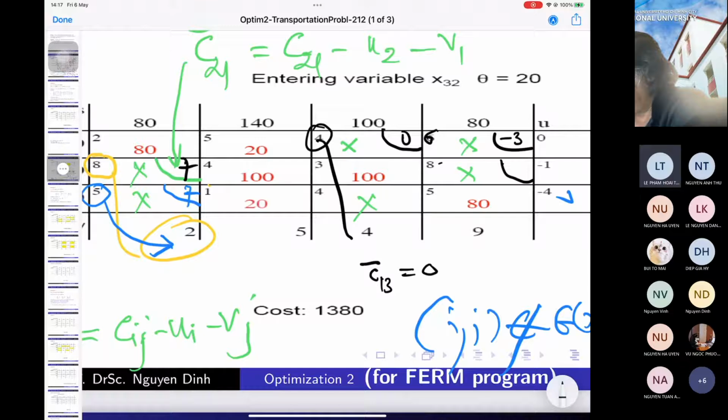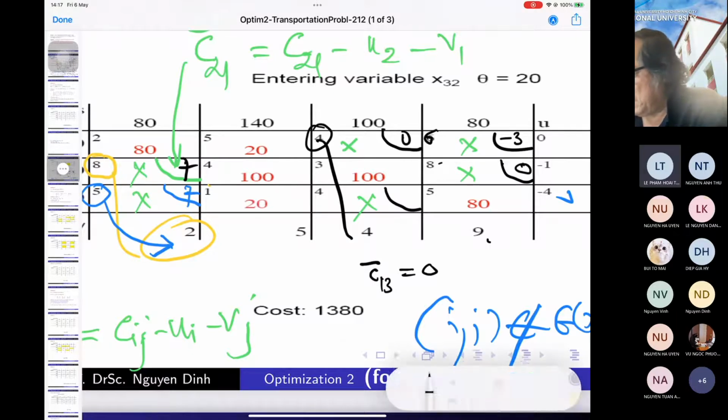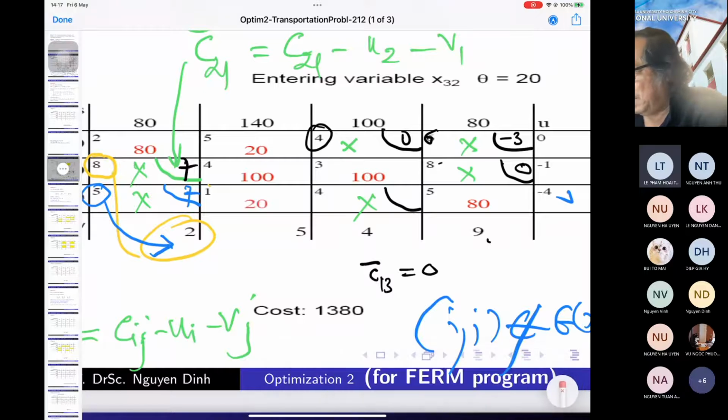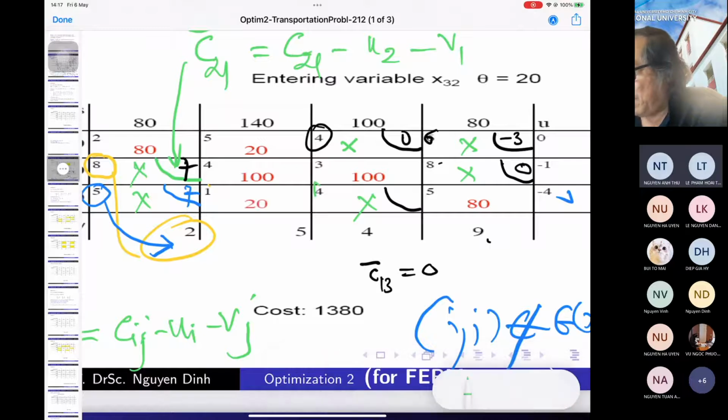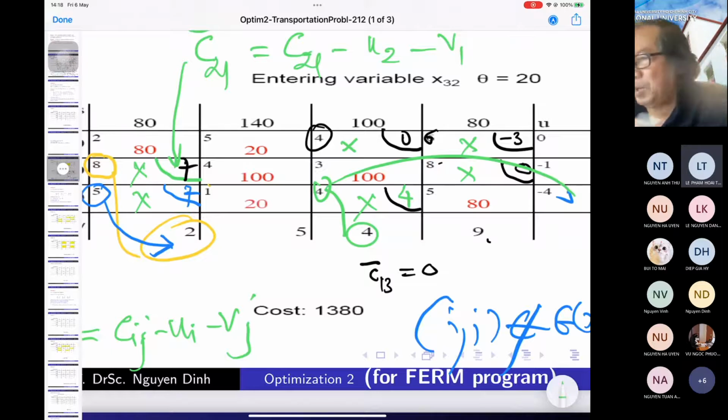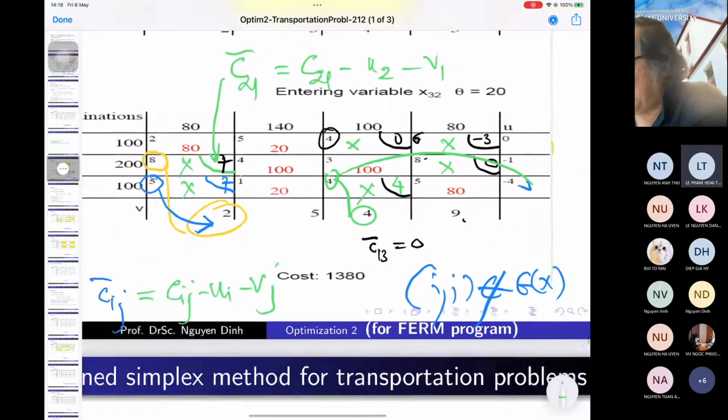8 minus 9 and minus 9 is equal to 0. Is that okay? And this number is what? It is equal to 4. 4 minus 4 and minus 4 is equal to 4. Okay, plus 4. So for all the C bar ij here,